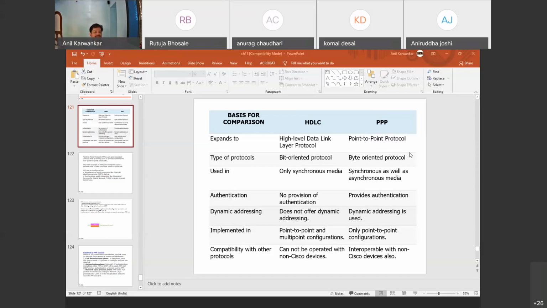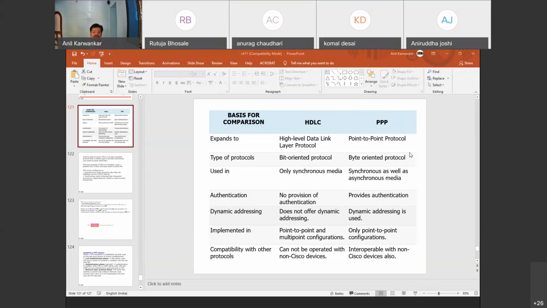The next major difference is authentication. There is no provision of authentication in SDLC. That's why Cisco devices are quite simple to operate, since authentication is not required for configuring devices at the data link layer.